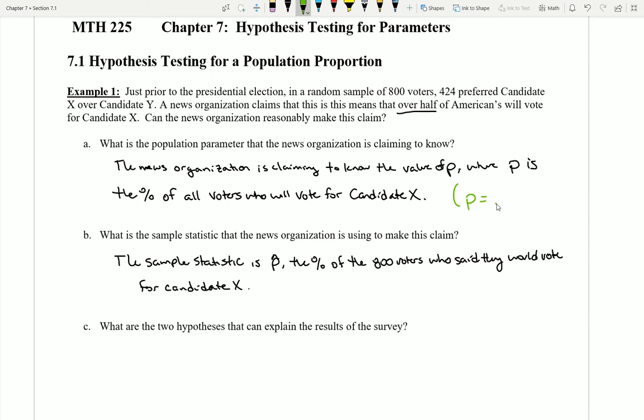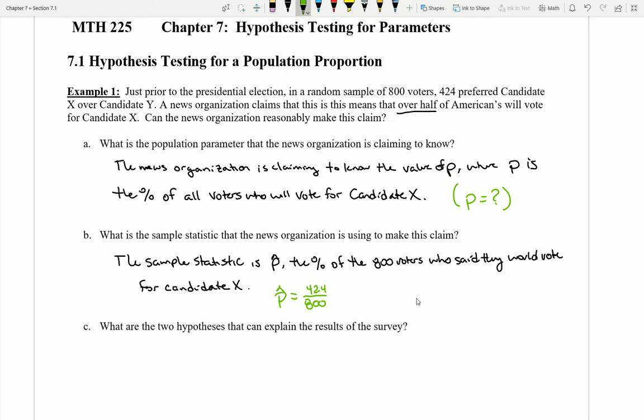Okay. Now again, up here I should note that I don't really actually know what this value of P is, right? Like up here, this value of P is a mystery. However, when we talk about the value of P hat that's listed down here, we can actually compute this value, right? Because we actually know how many individuals there were that were surveyed, and we know the number of individuals who actually said they would vote for this person.